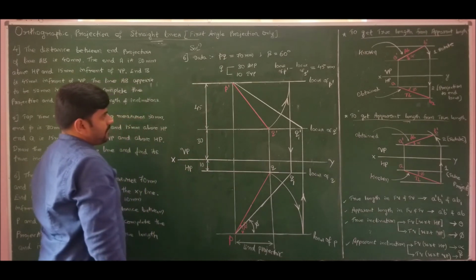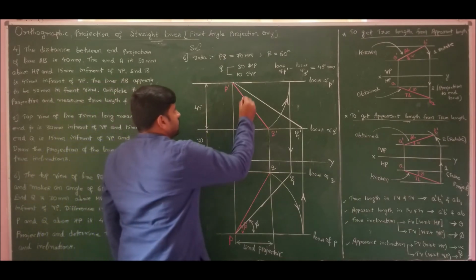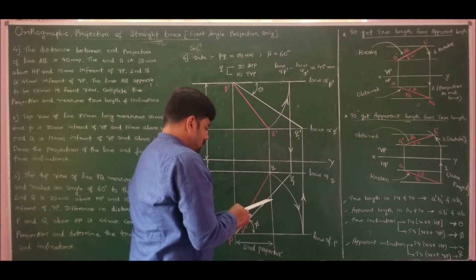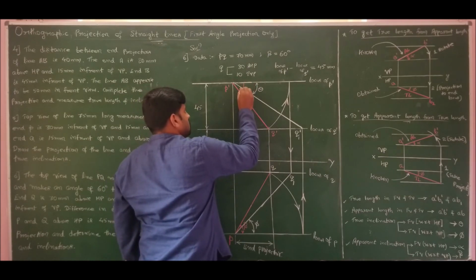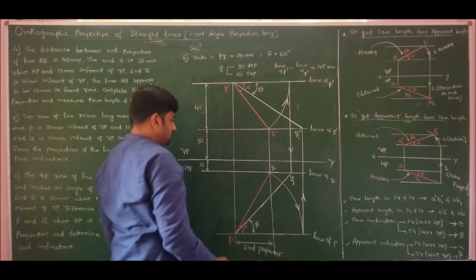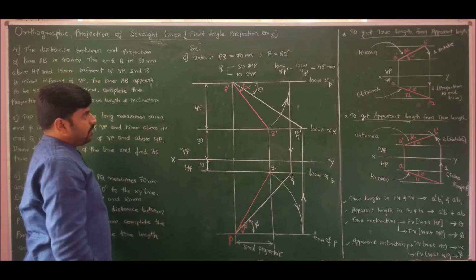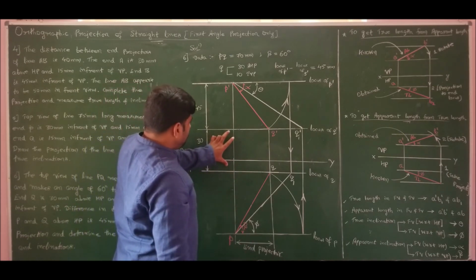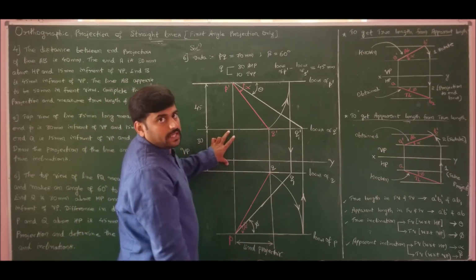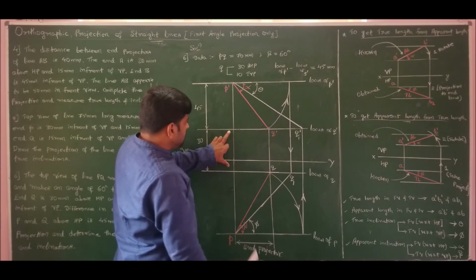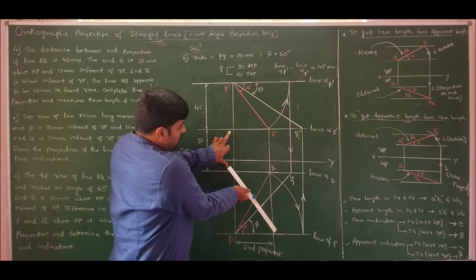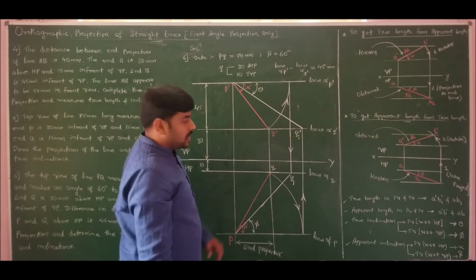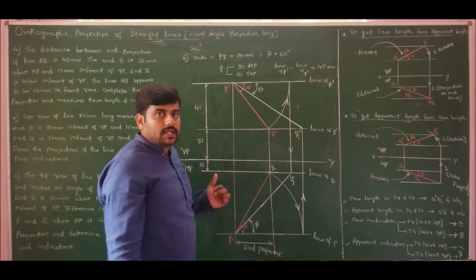So this completes the true length and apparent length. If I mark the angles, this angle is theta and this angle will be alpha. So this completes the problem. You can also solve this problem by taking Q at left hand and solve the line as QP. That is, fix extremities Q and Q dash and use extremity P to rotate and make it parallel and dropping perpendicular. That is also correct. You can solve in that manner also.